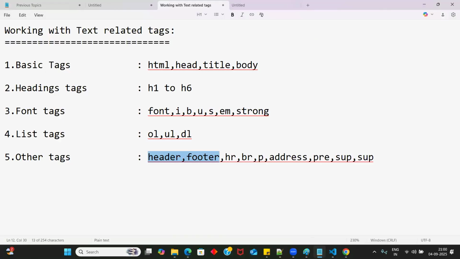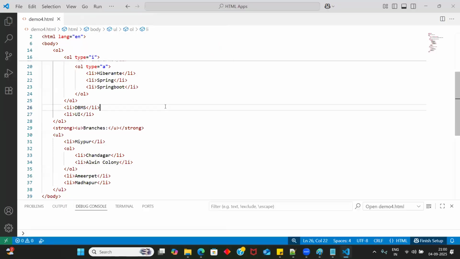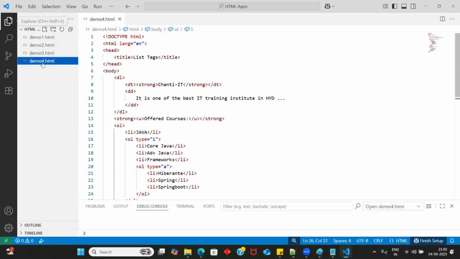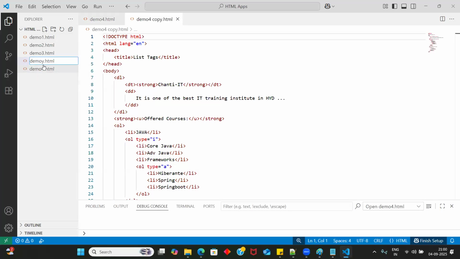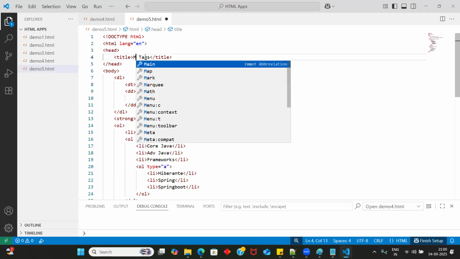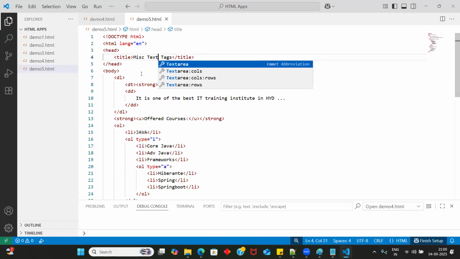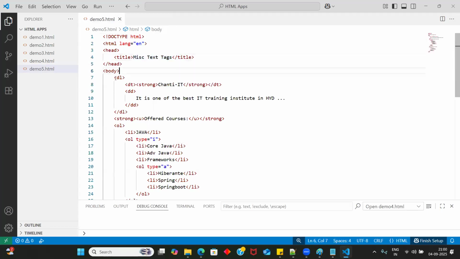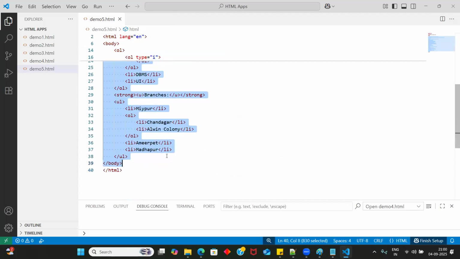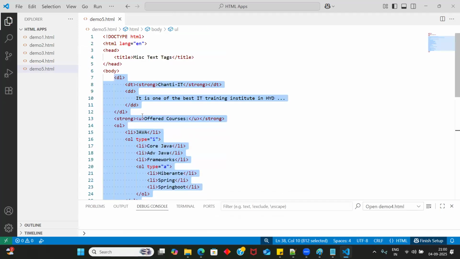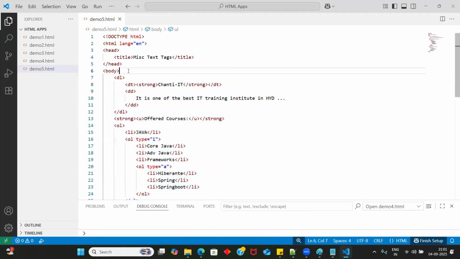One more thing. Wait. Let me quickly take one more new application. Maybe I'll duplicate this, guys. I copied it and I pasted it. This is a demo file, and I'll be displaying some other tags, some text tags. Other tags I was discussing, like header and footer. Guys, I just now explained: this is your main content, correct? This is your main content, but before your main content,